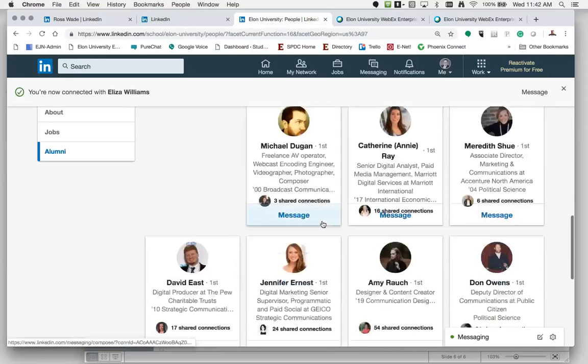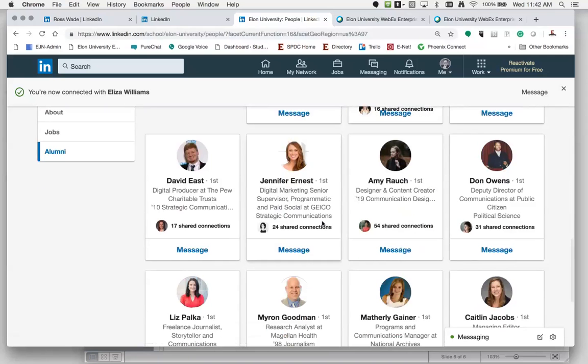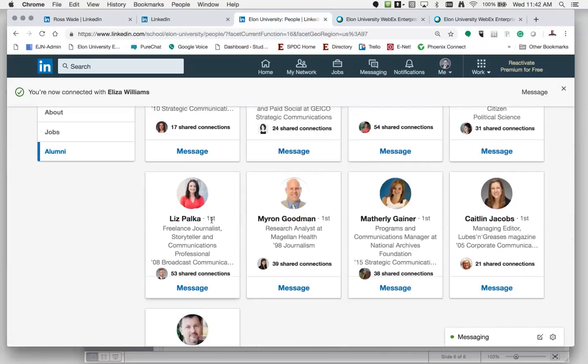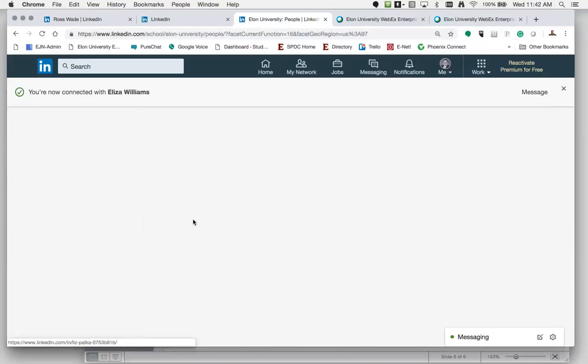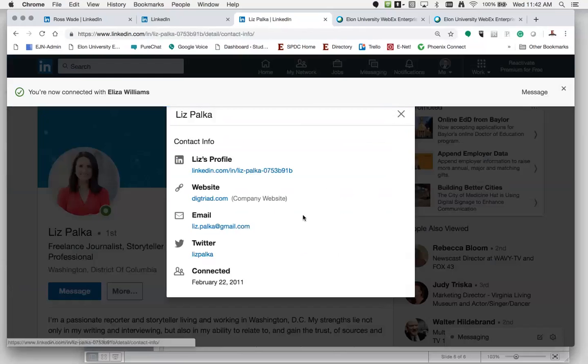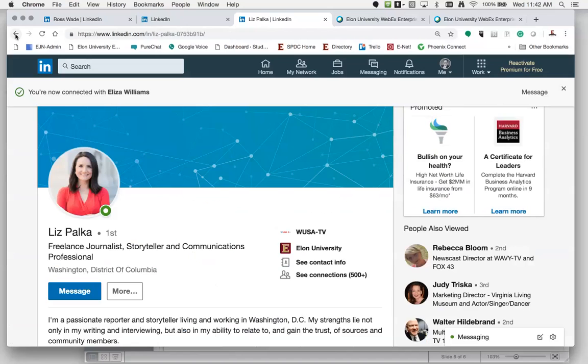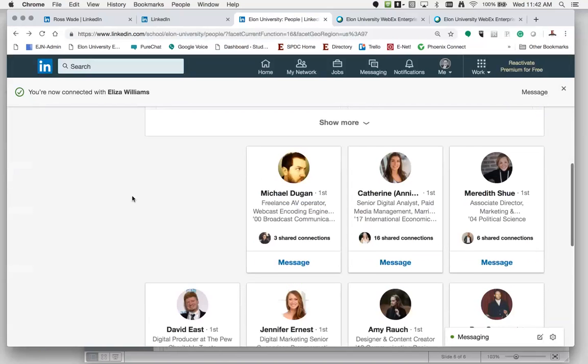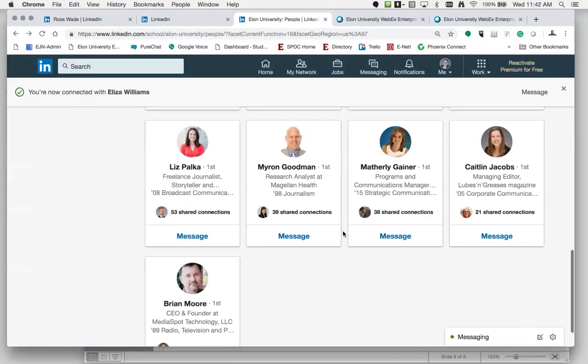And we scroll down, and it gives us a list of people that are doing what we're looking for. And as you can see, it's a lot of different people. And it shows you if they're a first degree. And if they're a first degree, you can send them a message. Or, as I showed you earlier for Liz, if I go to her profile, I can go to see contact info, and I can email her. So that's an even better way, I think, to talk to people, just because people spend a lot more time checking out what's on their email than what's on their LinkedIn profile. So as you can see, I've got quite a few first degrees here.